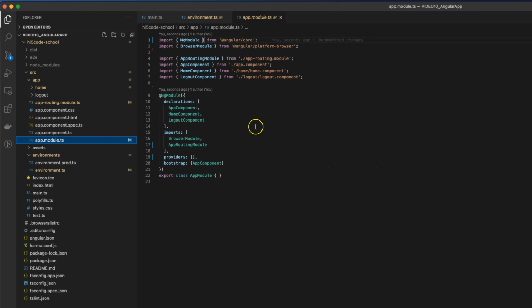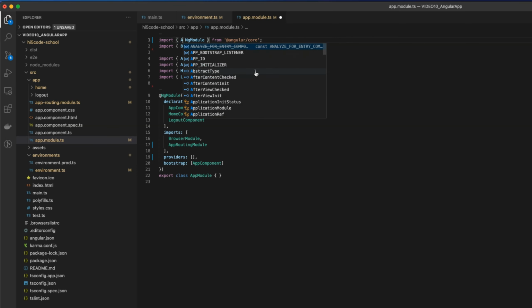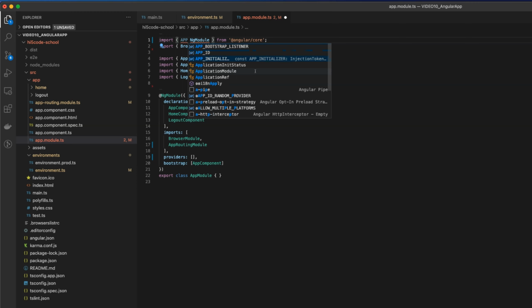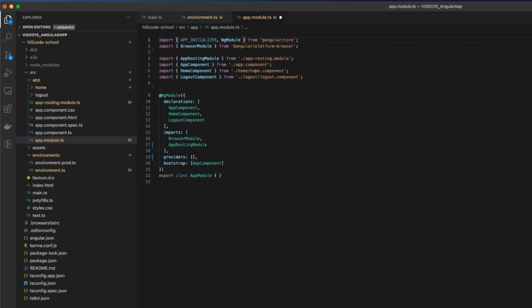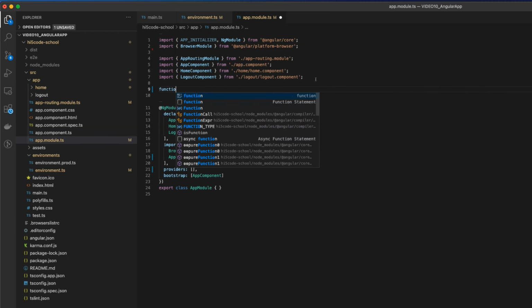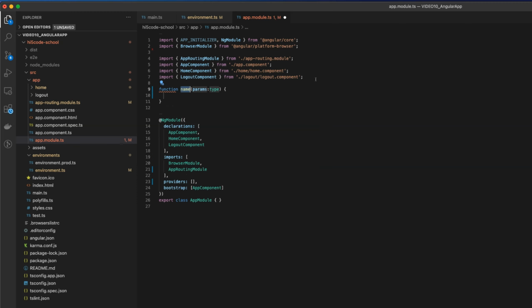And over here, we need to import some configurations from the core Angular library, and also we need to set up this providers field. So first of all, I will quickly import what I need from the core Angular. So it is called app initializer, and then I will quickly create a function which will initialize my Keycloak. So let's name this function initialize Keycloak,